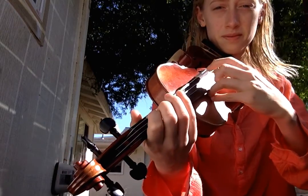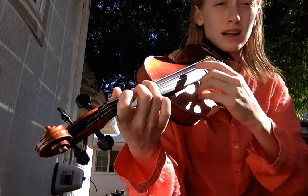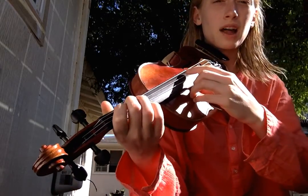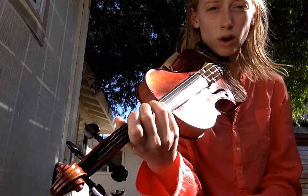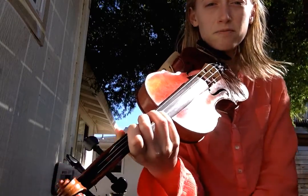And then it goes down to the third finger on the C string. So that's the first 4 notes. Third finger on the G string takes you to the note C, and then you go back up to D. So practice this. Or if that's too much, you could just do D, C, D, C, and that would be a good thing